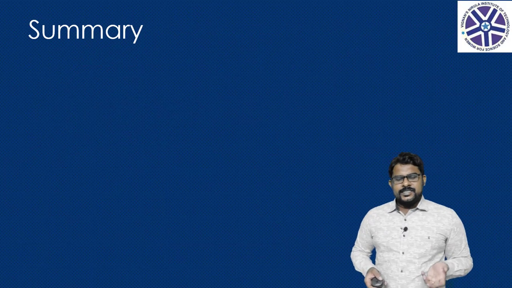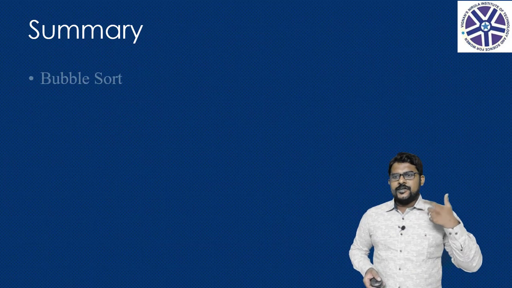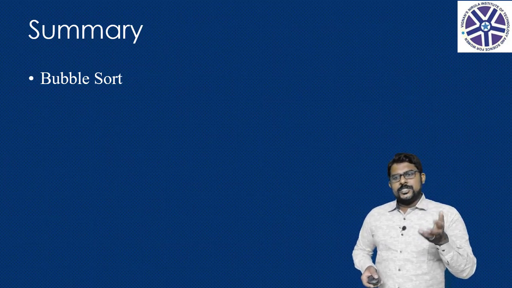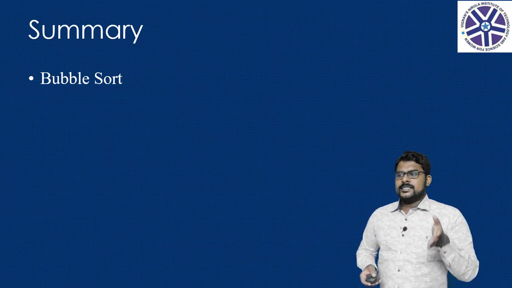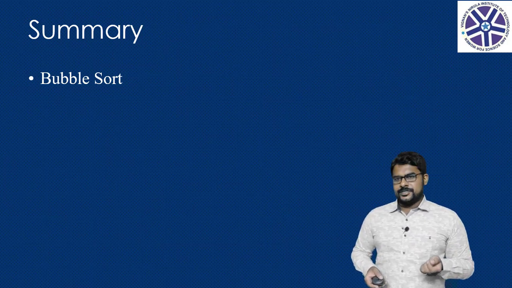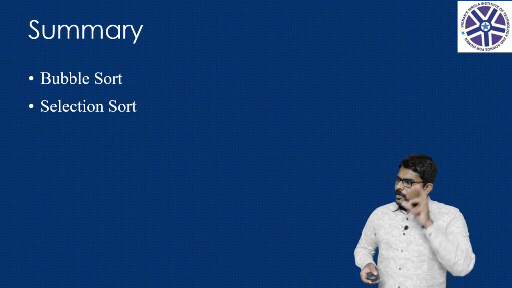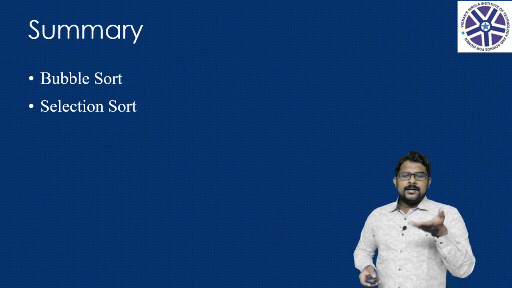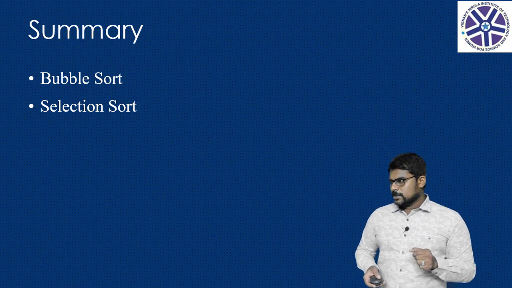So let us summarize what we have learned today. Here we have covered 3 different sorting techniques, the first of which is the bubble sort. In the bubble sort we have seen what exactly the bubble sort is and how it is implemented, and also its time complexity, and you understand that the bubble sort has the highest time complexity, which is not very efficient. The next one is the selection sort. Here we have seen what a selection sort is, its implementation, and also the performance comparison with the bubble sort, where it is much better than the bubble sort.